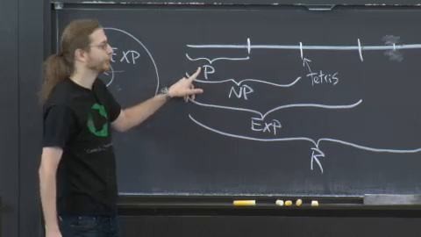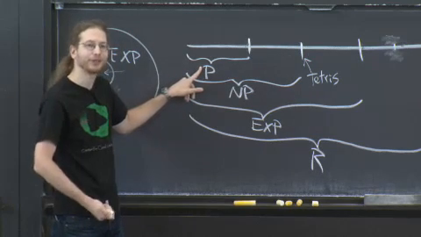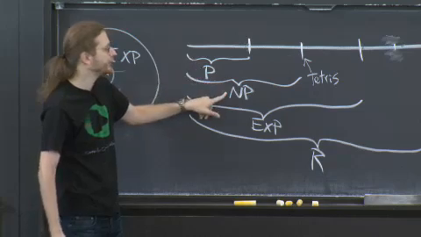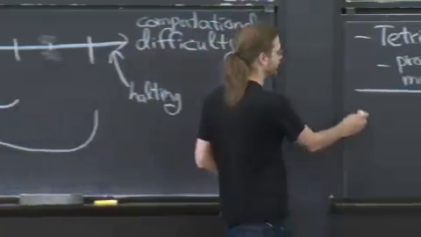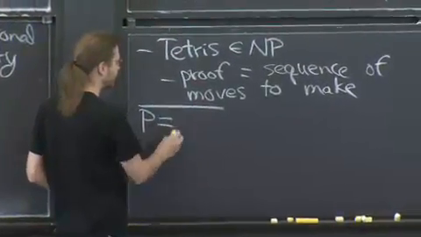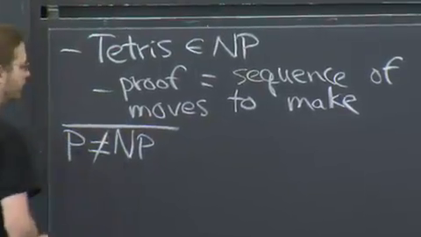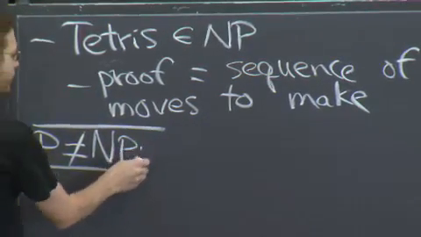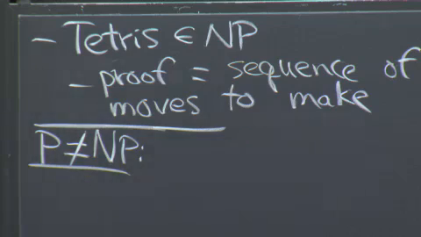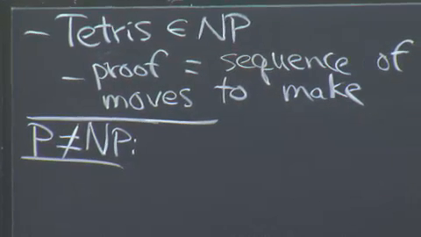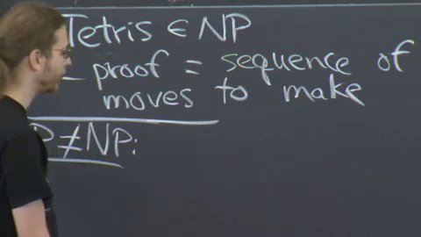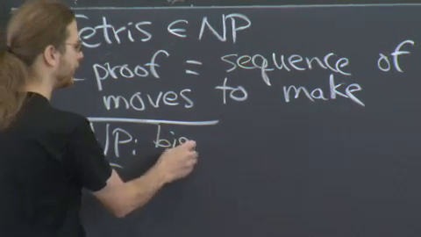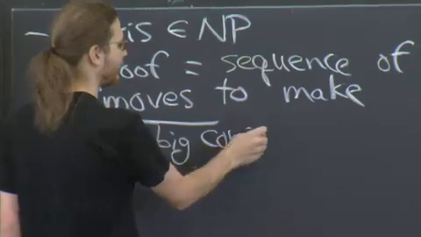Because if you could solve it in polynomial time, you could just solve it and then see, did you get the same answer that I did? So P is inside NP. But the big question is, does P equal NP? And most people think no, P does not equal NP. Most sane people. So this is a big problem. It's one of the famous Millennium Prize problems. So in particular, if you solved it, you would get $1 million and fame and probably other fortune.